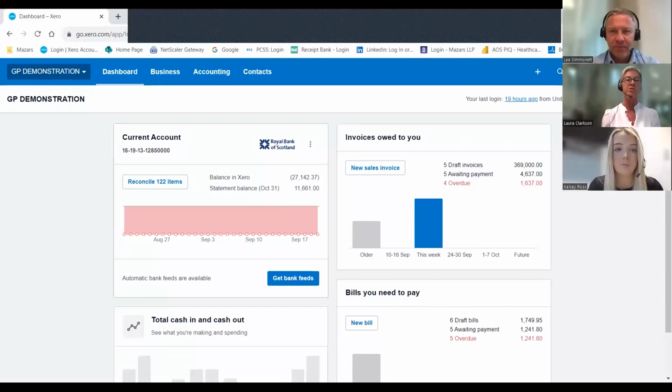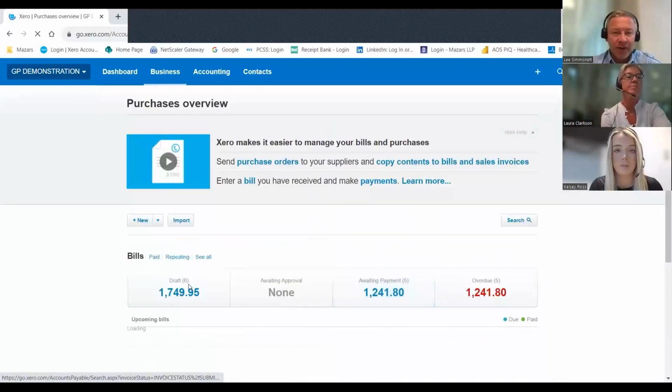I know Kelsey's answered this one, but I think it'd be good to comment on it as well. We had a question about whether you could set up an automated late payment reminder if a bill was over 30 days unpaid. Don't know who wants to take that one. Yeah, I'm happy to pick that up. So essentially when you set up your billing, you give